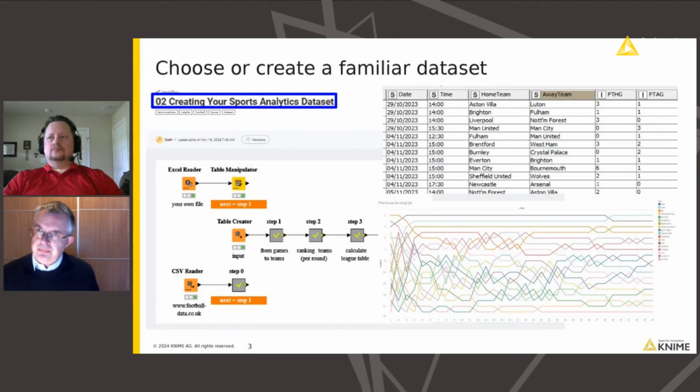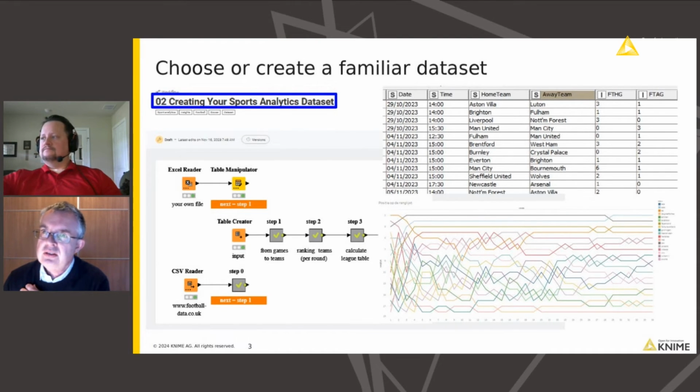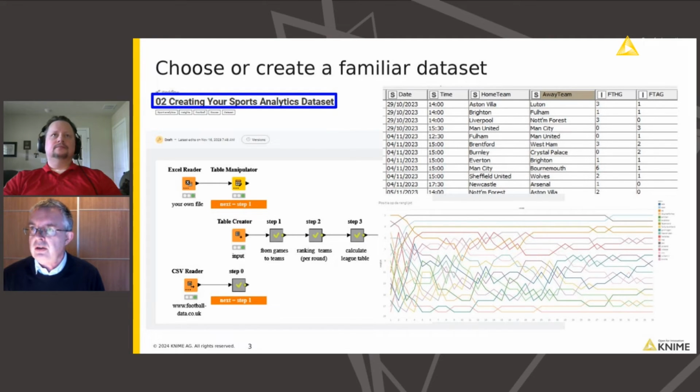I created a Knime workflow because I needed to create some other variables like the ranking or the round played. I have this data set. It's also available on my Knime space. When you go to the hub and search for creating your sports data analytics set, you can find my workflow, and that shows step by step how I go from games to teams to ranking, and the output is sufficient